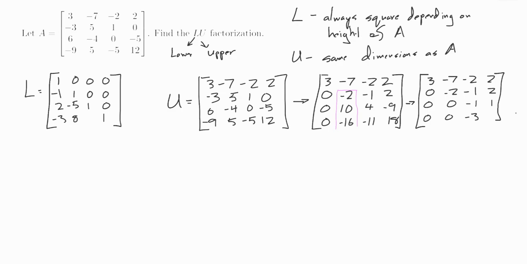Okay, and then we finish up by focusing here on this value for column 3, which means when I divide through by -1, I'll get +3 there. The last column of L is just going to be 0, 0, 1. And now we can finish up, get our entirety of U. Our final U will be 3, -7, -2, 2, 0, -2, -1, 2,